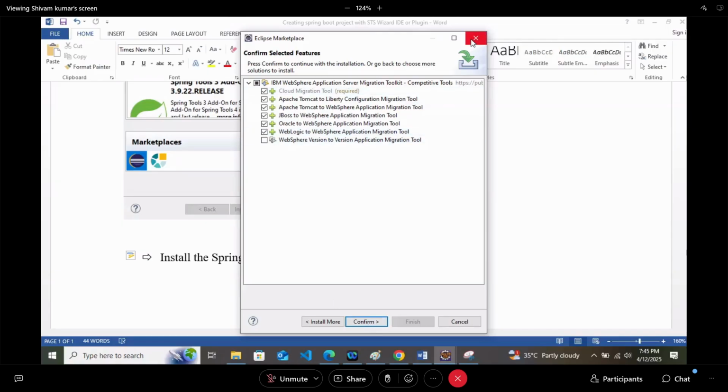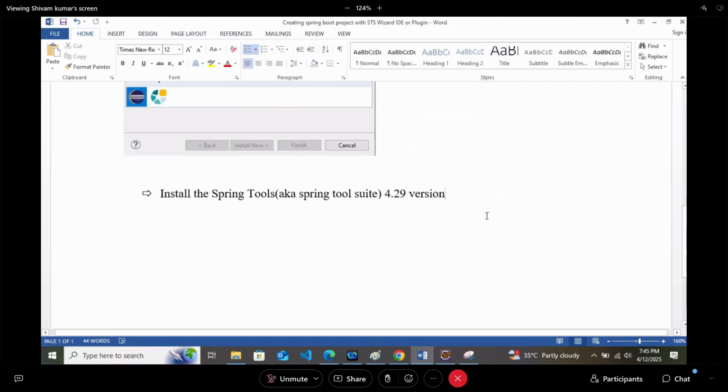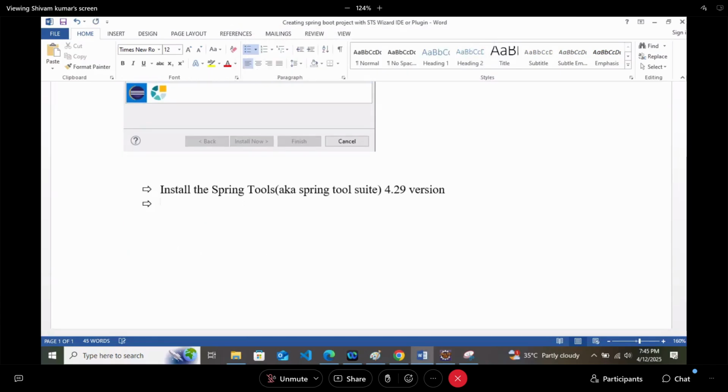Once you install the plugin, close your Eclipse, close your Eclipse IDE and restart it. Because when you are installing a plugin, tool or software, basically you have to restart. After restarting it,